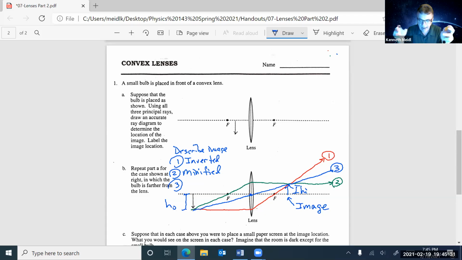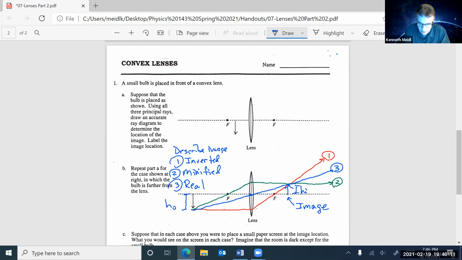Okay, so I think the first two descriptors of the image are pretty easy to get along with, right? If the object gets turned upside down, its orientation with respect to the image, then it's inverted. If it's bigger, it's magnified. If it's smaller, it's minified. So those two just kind of come out of the word work. In this case, the image here is called real. And this is the one that gives people the first time seeing this type of description some issues here, because they're